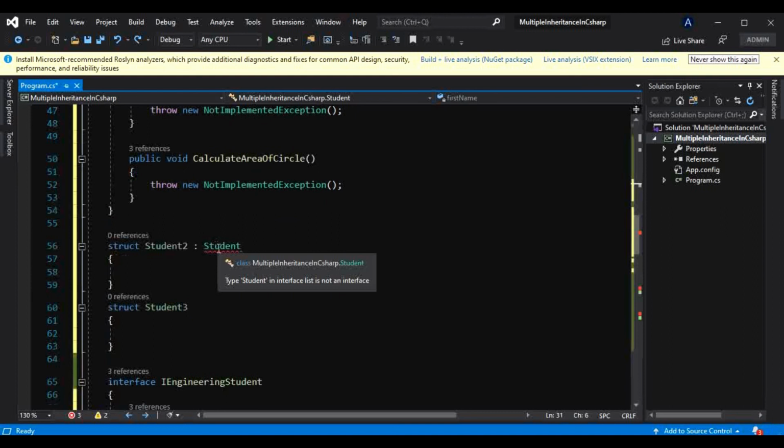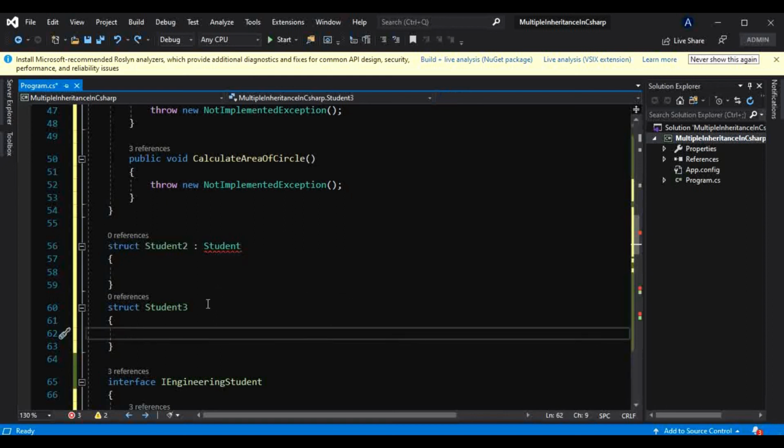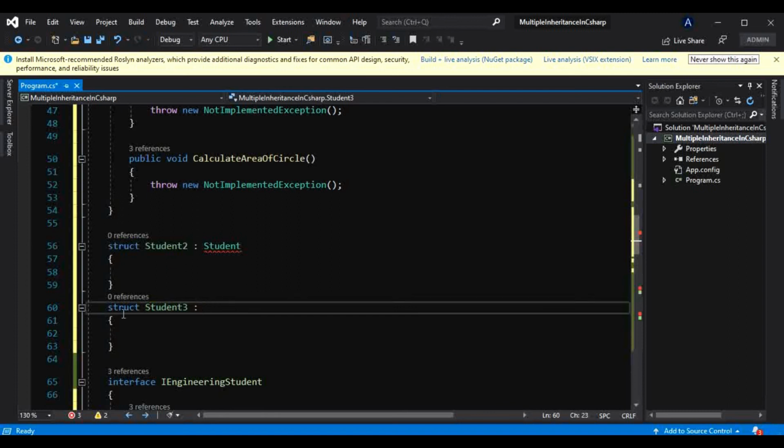If you see what error it's giving: type student in interface list is not an interface. That's nothing but it is saying that the struct can inherit from interfaces, more than one interface, that is multiple interfaces, but not from the abstract class.